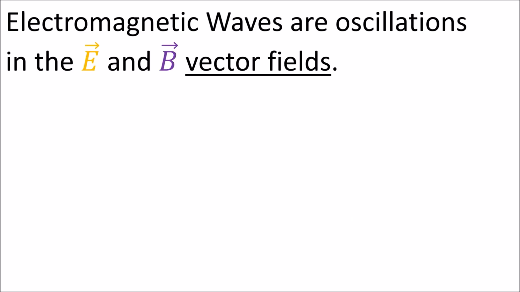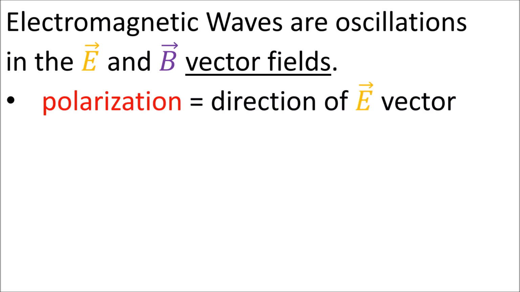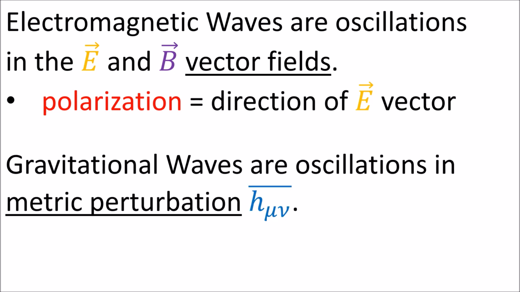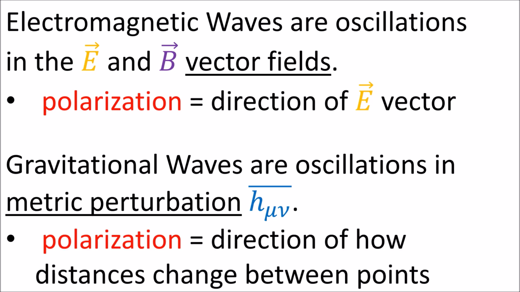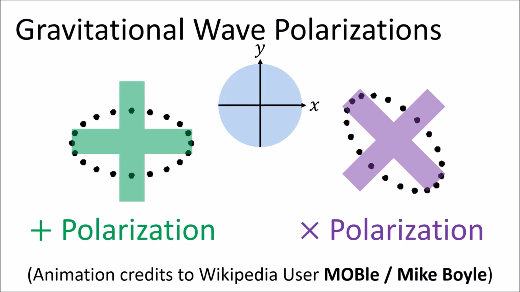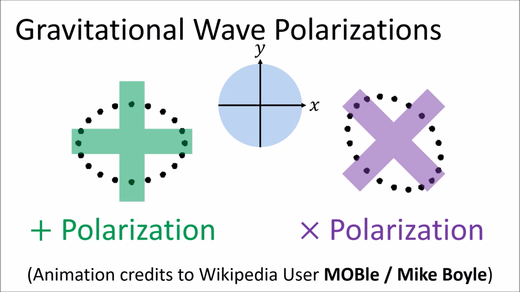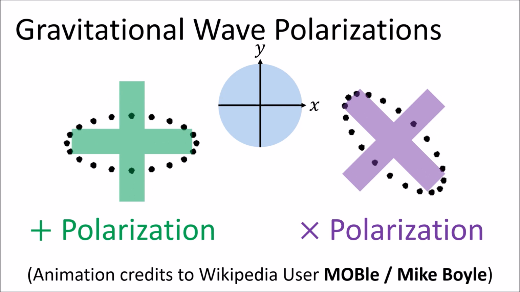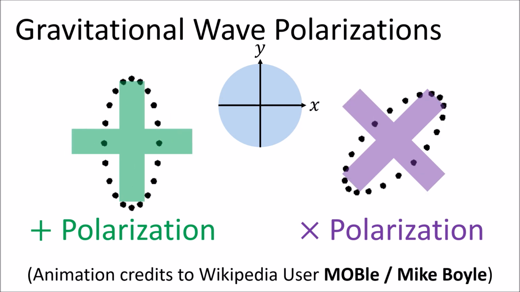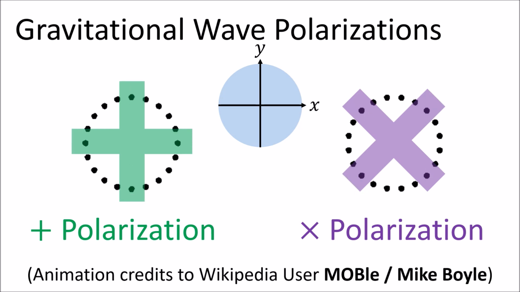Now, electromagnetic waves are oscillations in the electric and magnetic vector fields. So polarization basically just means the direction of the vectors. But gravitational waves are oscillations in a metric perturbation. And so polarization refers to how the distances between objects change in different directions. Gravitational waves have plus and cross polarizations, which are two different ways that the distances between points can oscillate. In linearized gravity, all gravitational waves are combinations of the plus and cross polarizations, combined together with different amplitudes and